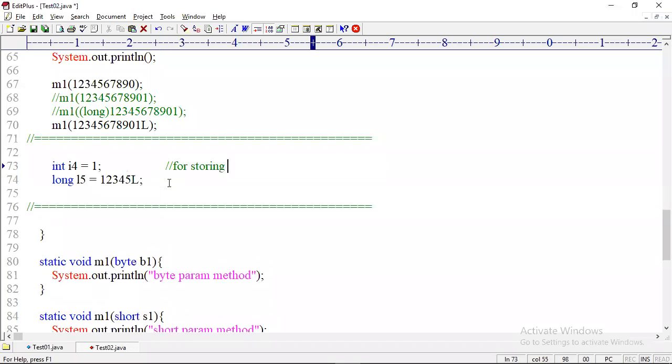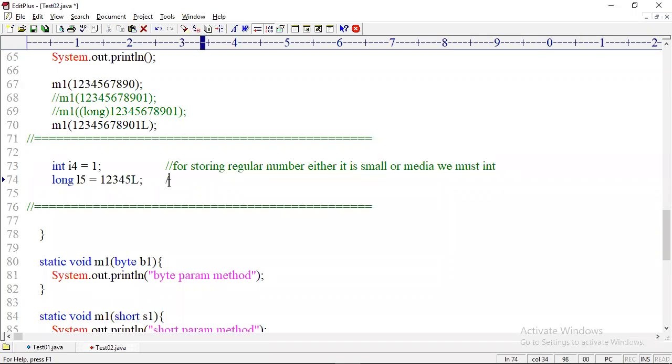For storing regular numbers, either small or medium, whatever, we use int.